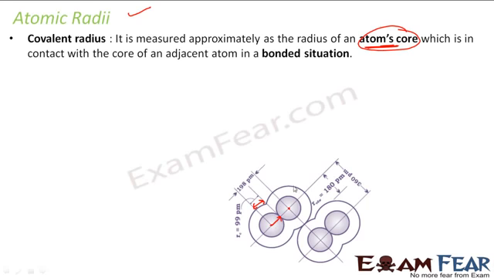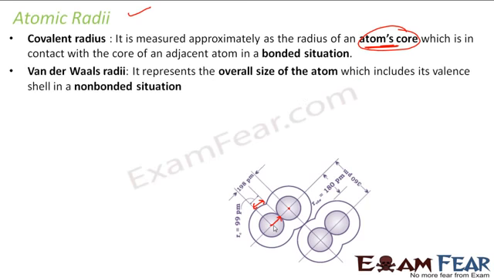That is my covalent radii, and it is the radius of the atom's core, right? Then we have something called van der Waals radii. This represents the whole size of the atom and includes the valence shell also. We'll understand this more when we talk about van der Waals force, which is the force of attraction between two